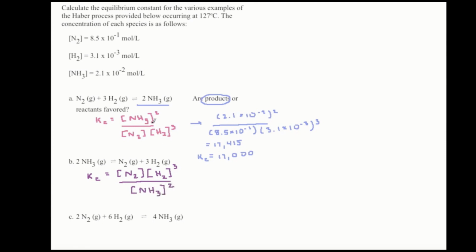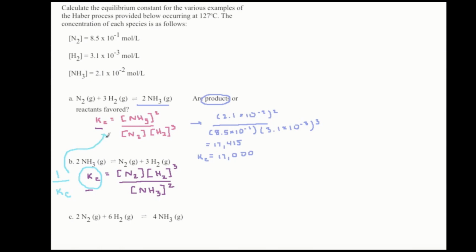Now what you should notice, this versus this, well, how does my Kc here compare to my Kc here? Well, to get this equal to this, all I need to do to my Kc is just flip it. So my Kc,